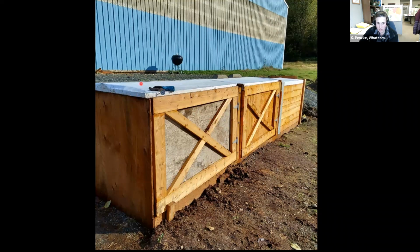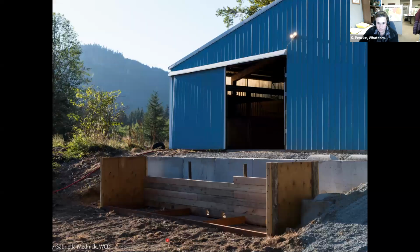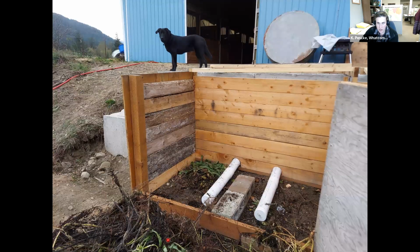And then this really lovely lid here is just frame with Tyvek stapled on that they can pin down in high winds. So again, the construction shot. This is inside, so the door is swung open. There's just a